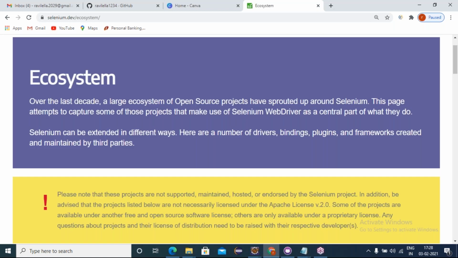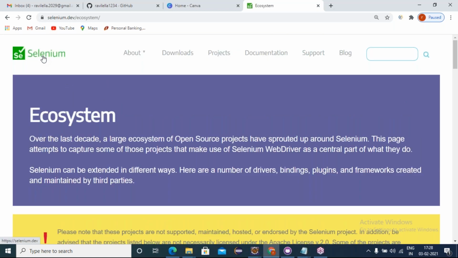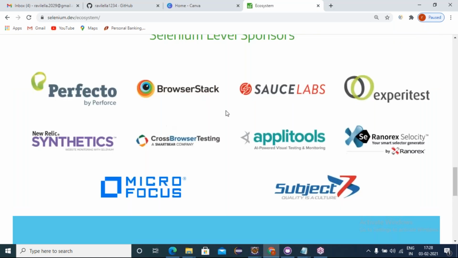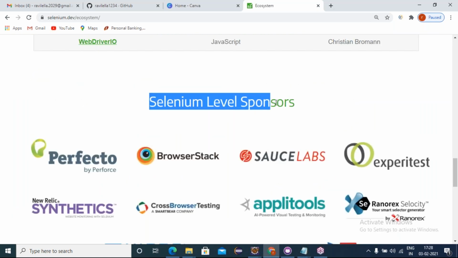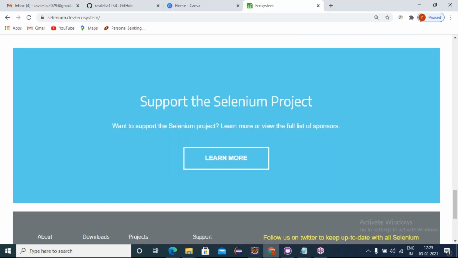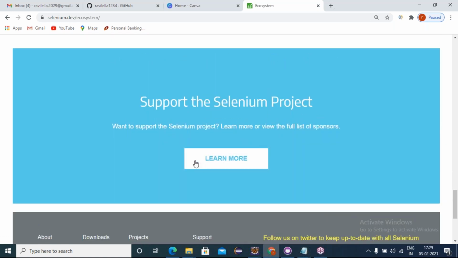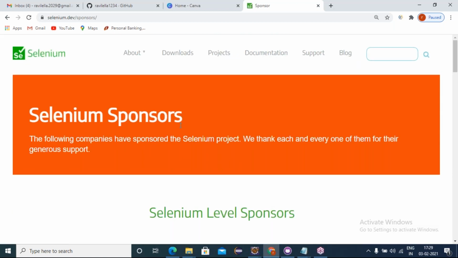And friends, for Selenium, we have some sponsors. If we come down here, these are the sponsors. These are the Selenium level sponsors. To grow Selenium, these are the people sponsoring it. If you click Learn more, we can see the Selenium sponsors.